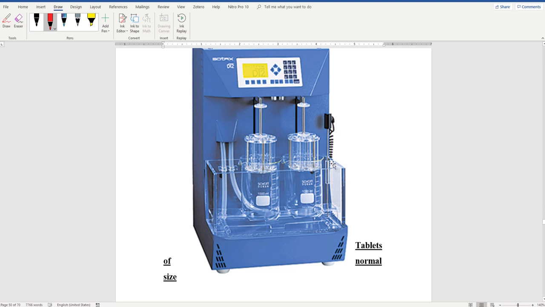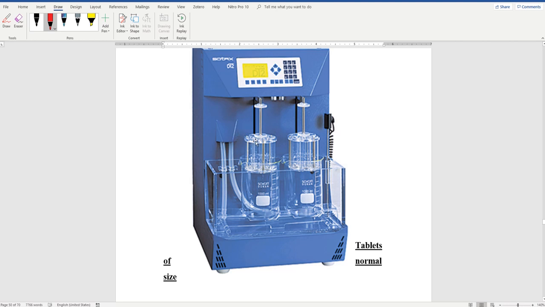because we need to add water here and make sure that the temperature inside the water bath is maintained at 37 degrees. This can be plus or minus 2 degrees. I am more concerned with the temperature inside the beaker. Inside this beaker there will be about 1000 ml of water, or 0.1 N HCl, or 0.1 M HCl, or just water,